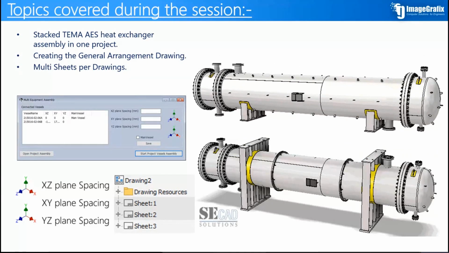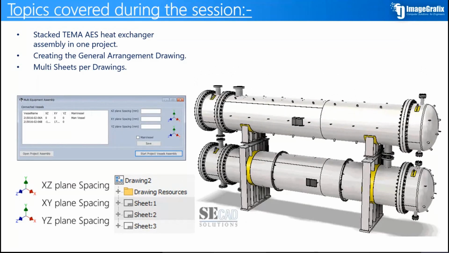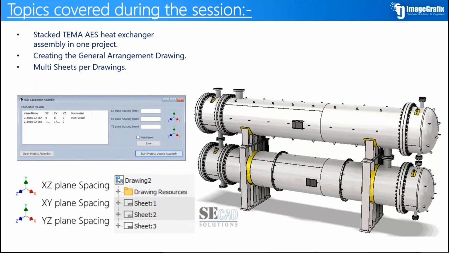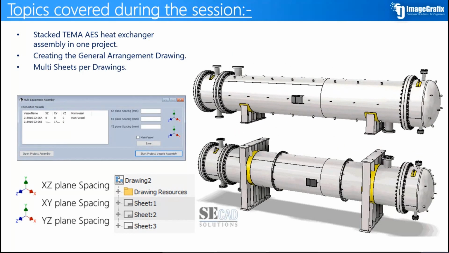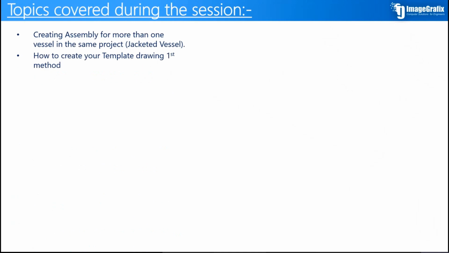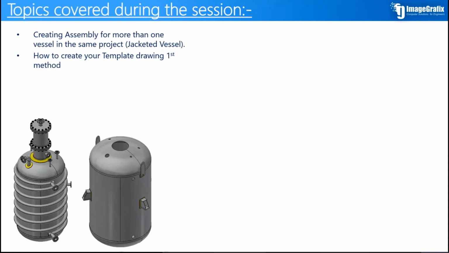And then in this session, we discussed how to create the general assembly for the jacketed vessel by making an inside vessel, which includes this coil, and we made this sample in this session. If you would like to go through this session, kindly visit our YouTube channel. And in case of installing SEG as a trial version, you have the ability to open the channel or the tutorial videos, and I will show you how to do that